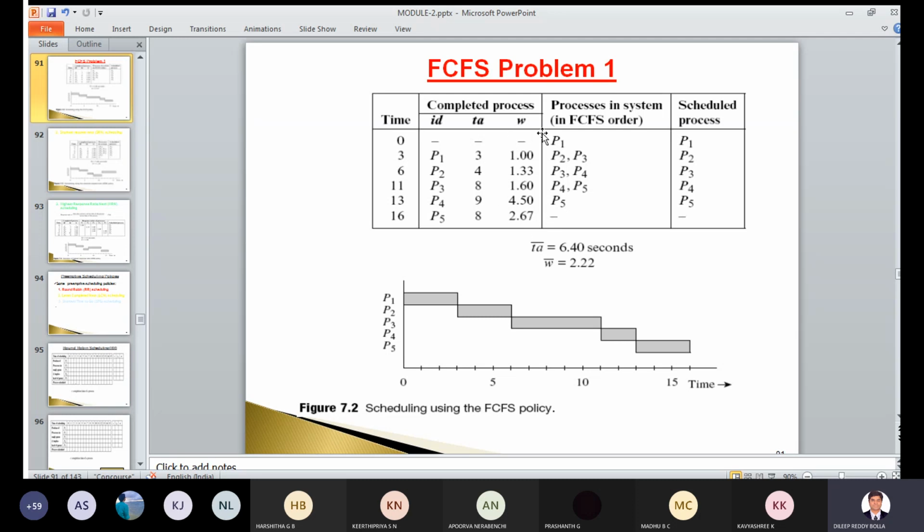If not, as of now this is just a case study to make us understand the concept: how first come first serve is scheduled. Whichever comes first is scheduled. How they are doing it is the concept they focused on, and they did not emphasize this W too much. But still, I'll go through this, and if any standards are there, I'll let you know. As of now, it is a case study or an example.